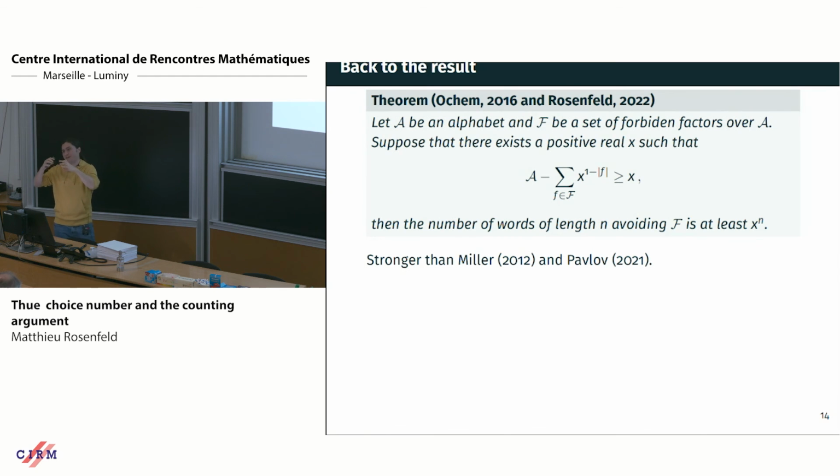Now, as you suggest, and this is what I was hinting at the beginning, you can use the two things together in some sense. You can use this discounting technique to forbid the infinitely many factors, which are big and do not play a big role, and then use automata theory to control the small forbidden factors. And by doing this,